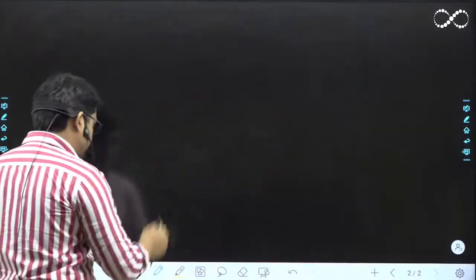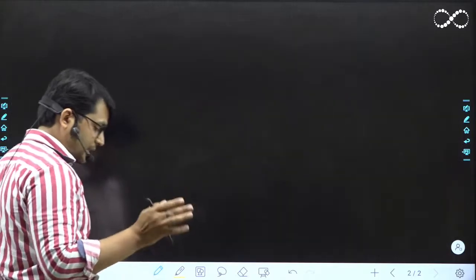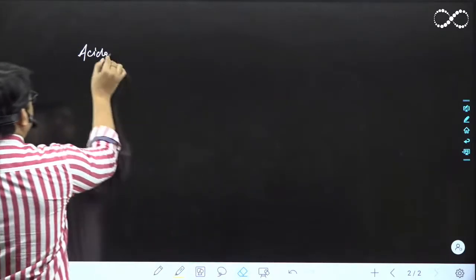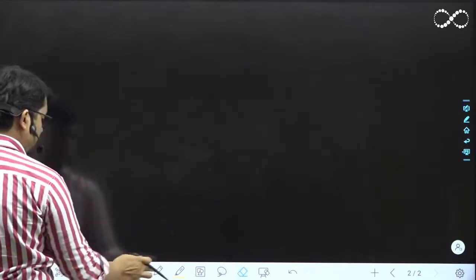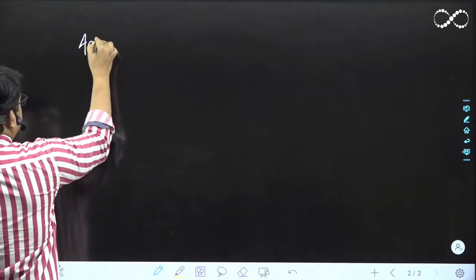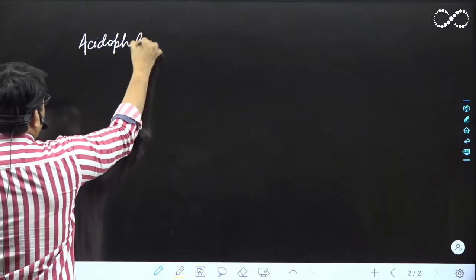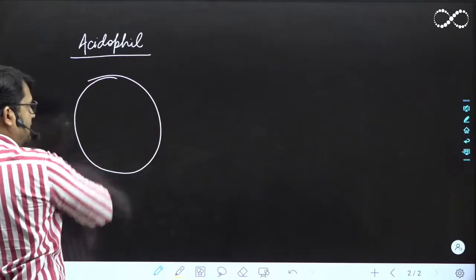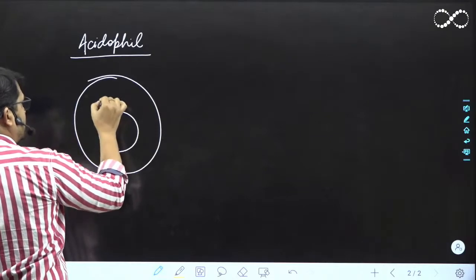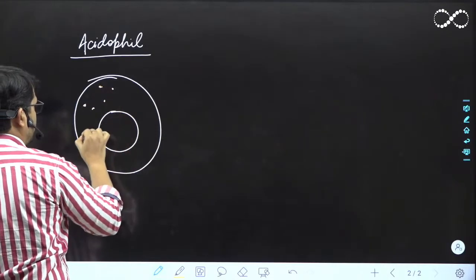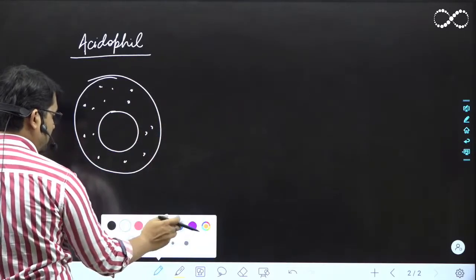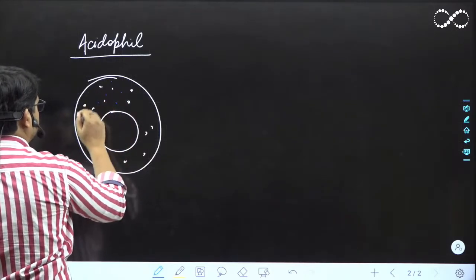Now one thing is left, the shape of these lymphocytes, but again not very important. देख लो, थोड़ा सा आपको बता देता हूँ. असिडोफिल के बारे में अगर हम बात कर रहे हैं, acidophil का सेल कुछ ऐसा दिखता है. This is the cell, this is the nucleus, so this has granules in the cytoplasm. Okay, there are certain granules, और granules के बाद का जो cytoplasm है वो मैं blue से बना देता हूँ.